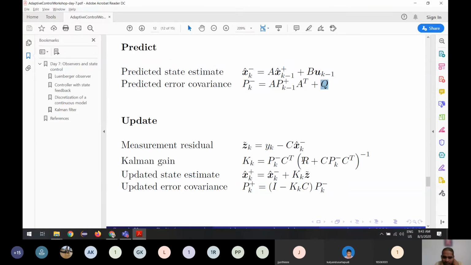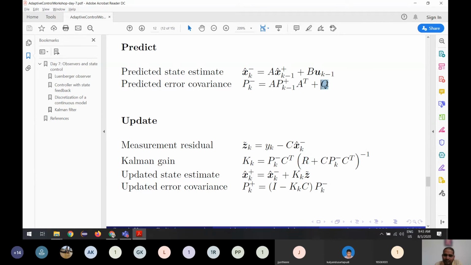And also we see R here. R is also a noise. This Q represents the noise in the input we are giving. We give a certain input, but by the time the system receives that input, it is mixed with some noise. So that is Q. And while measuring, we are not measuring the exact value. We are measuring with some noise. The variance of that noise is R. And in both cases, we are considering the noise to have 0 mean value, and the variance is R in the case of measurement.